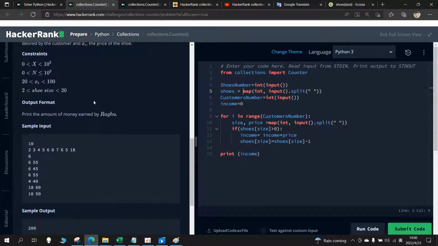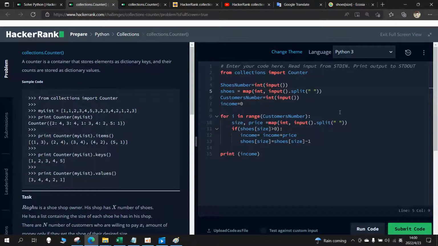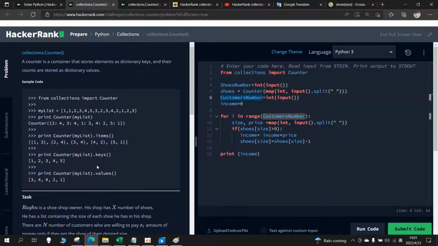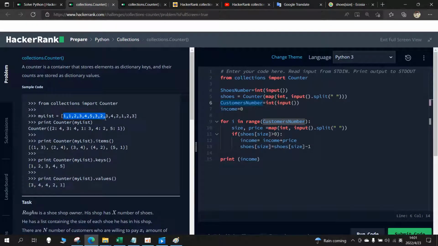Because all in all, the topic of this challenge is to use a counter. So here we need to implement a function counter to group it. Why? Because as you know, the numbers we entered are random, without any order. So in order to group it in a proper way, for example, somebody randomly enters some repeated numbers, right? And then we use the function counter to